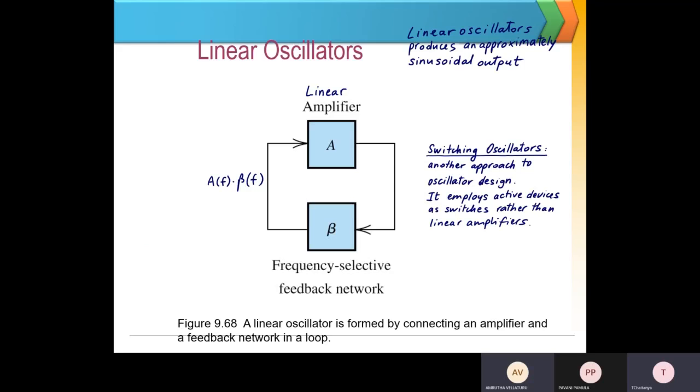So here, for the oscillator we have said that, let us consider this one as a linear amplifier. For this linear amplifier giving a response, that response will again be fed to the feedback path. From the feedback, it again goes to the input. So this is the sample structure.